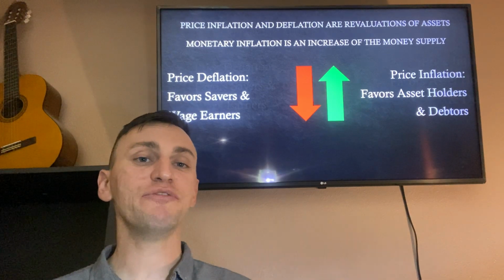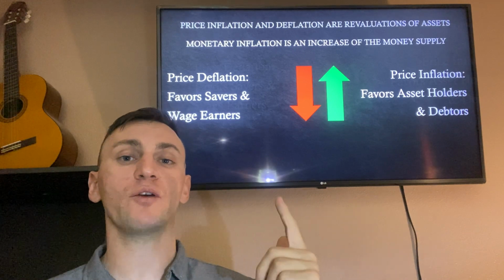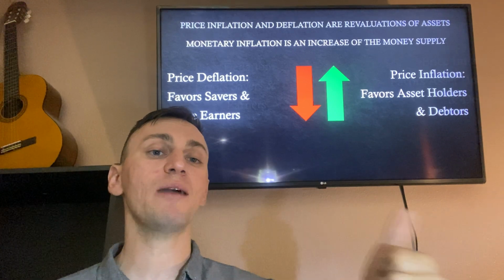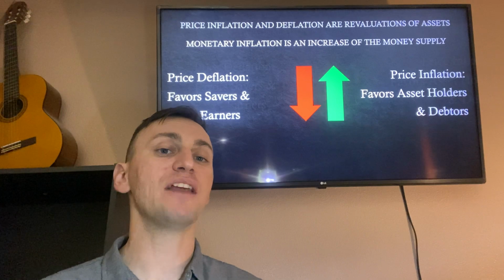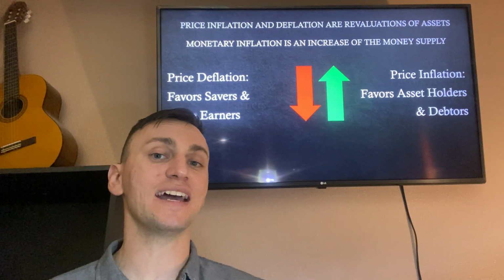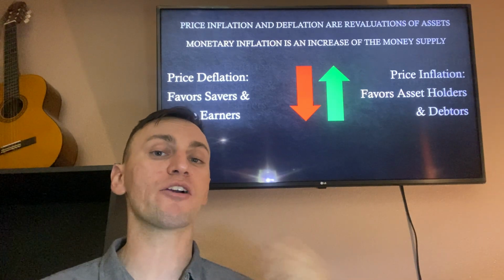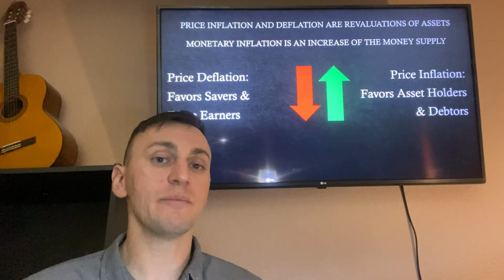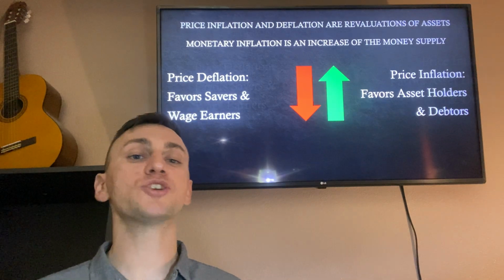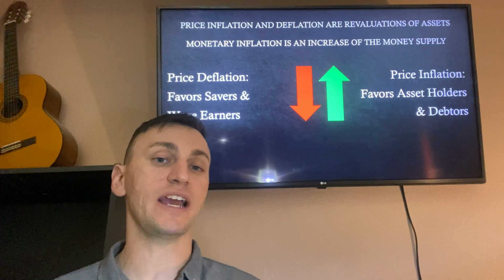In a price deflationary system, it favors savers and it favors wage earners, because people who denominate everything in the currency benefit more than the asset holders who have a price dropping in the asset, but the wage earners are receiving the currency supply, which is constantly becoming rarer and rarer, or at least is limited, right? Wage earners are getting that advantage as well as savers who wait for prices to go down.